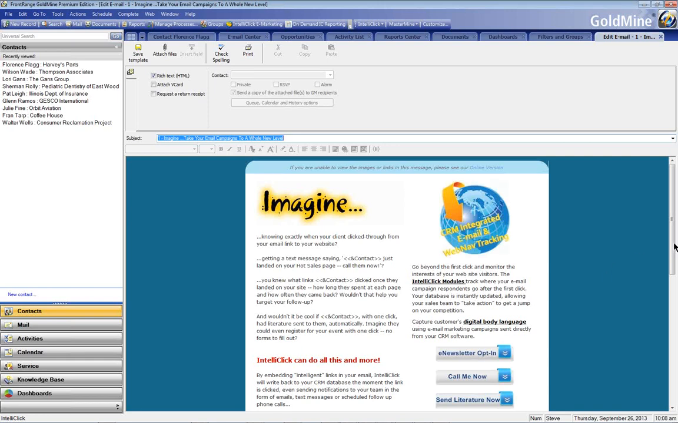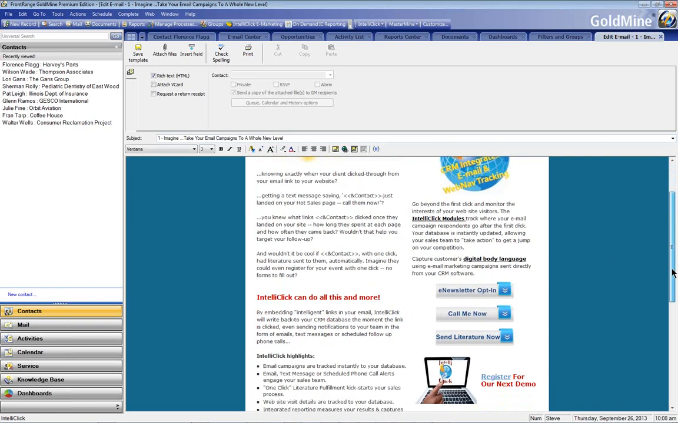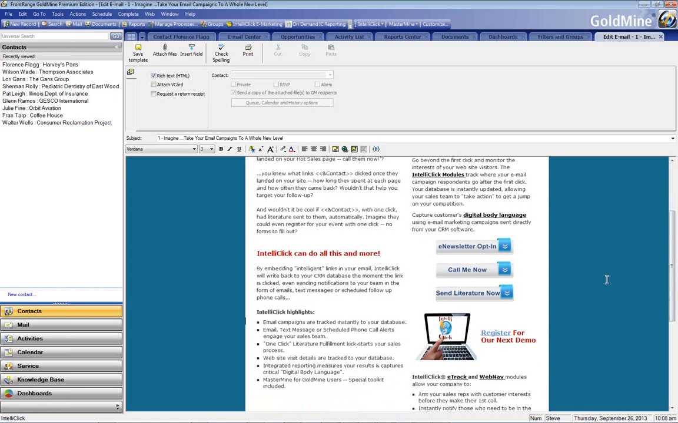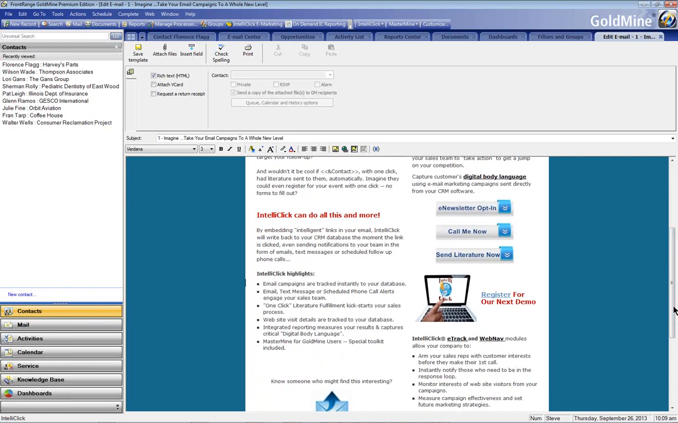Now, you'll see this particular one I'm opening up here has all kinds of different abilities to track. It includes the ability to click and look at specific pages, one-click calls to action to allow people to be quickly opted into a newsletter, receive a phone call, or have literature sent to them. And all of these require a single click that will then trigger and tell our tool to do that action,